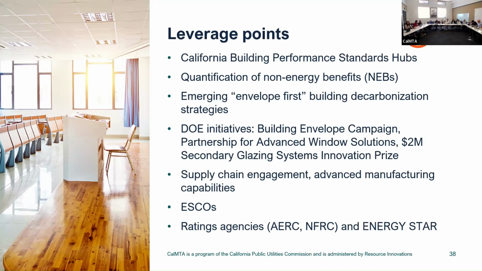For VIG, NFRC, the National Fenestration Rating Council, would be the organization that rates that. Those are primary windows. They have commercial ratings. What they don't have is a rating methodology if you build that window into an existing building on site. So they're interested in doing that, and we'll have an opportunity to engage with them. Lastly, Energy Star, they do have ratings for residential storm windows. They don't have ratings for commercial secondary windows, with a potential opportunity there to have them involved.